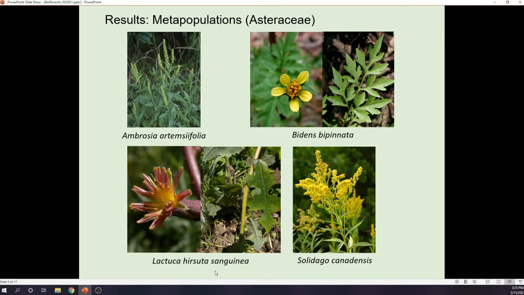Lactuca hirsuta sanguinea actually is pretty interesting because most lactucas actually don't have a salmon colored flower. This is actually a rare variety of that flower that was observed in at least 5 or 6 of the original Jackson Hollow sites, and it also has like a hairy stem and hairy leaves. But most lactucas either have a white or a yellow flower to my recollection, while this one is a very distinct group that is pretty well defined to the southern end of Illinois.